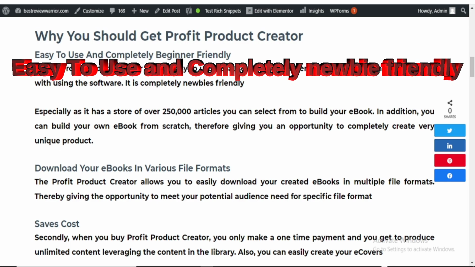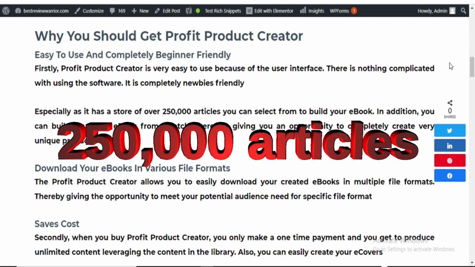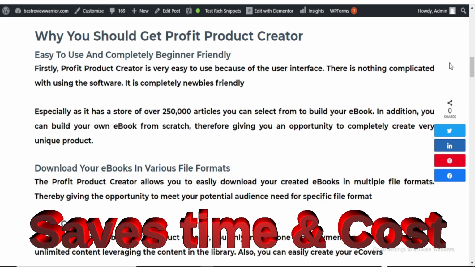Because it is easy to use and completely newbie friendly. Remember, you have over 250,000 articles that you can select from to build your ebooks in any niche of your choice. So it cuts down the time that it will take you to research into the various niches, especially if you're a newbie.